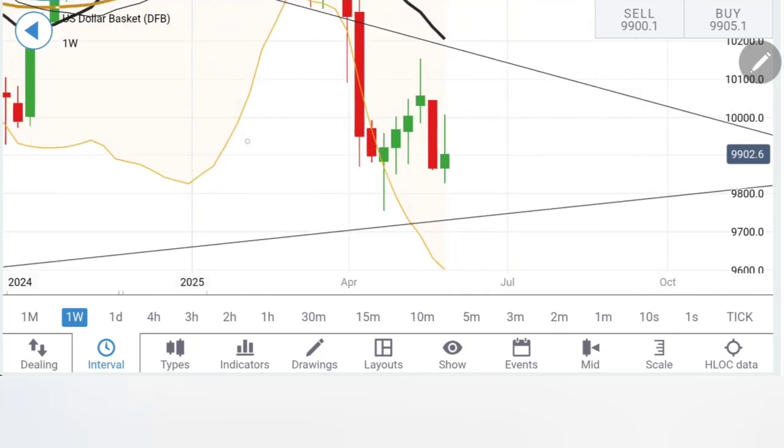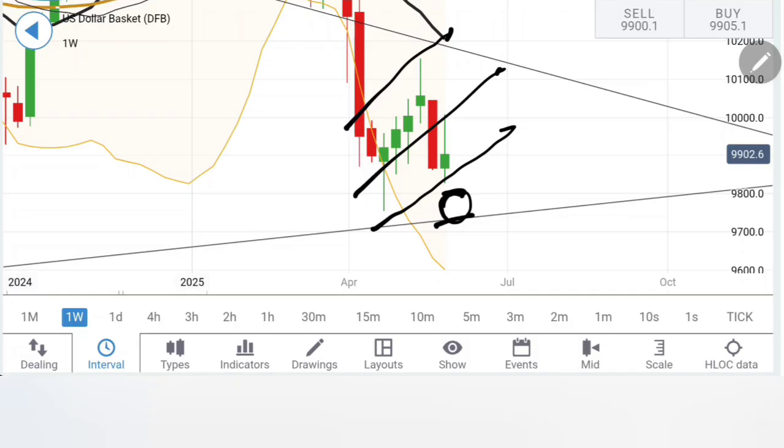Then if you see the last candle, it has closed at the bottom. It has left a bigger wick on the upside and a smaller tail. And after the reversal, this is the first red candle, so it appears there could be a second bearish candle. However, when you look at the formation, this is how it has been trading. This is a nice retracement channel, and thus I will say till 98 is not taken, till 97 is not taken, you have to be careful with the sells here.